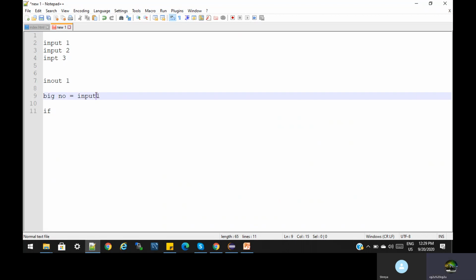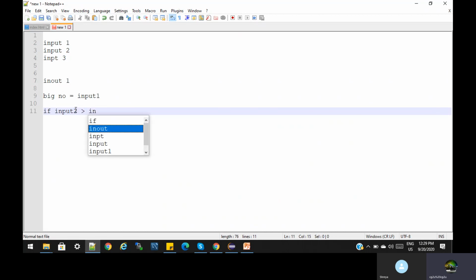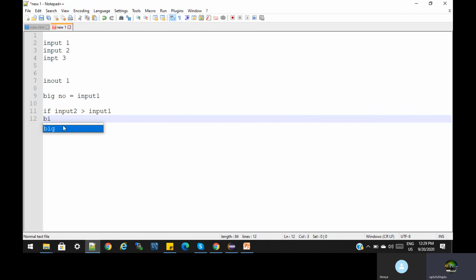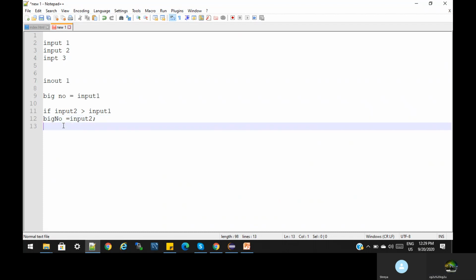As a skeleton of the program, if input 2 is greater than input 1, then big number is input 2. Don't consider the syntax here, we only want to understand what to write. Okay, now input 2 is the big number.